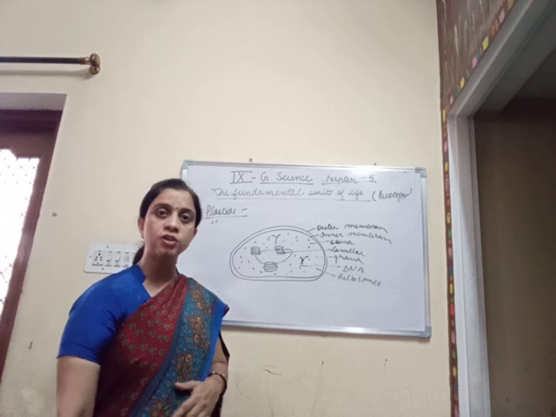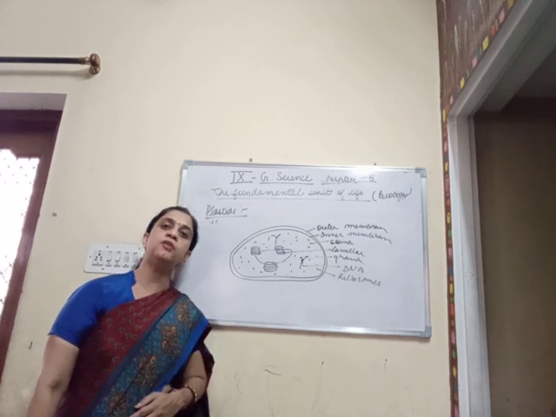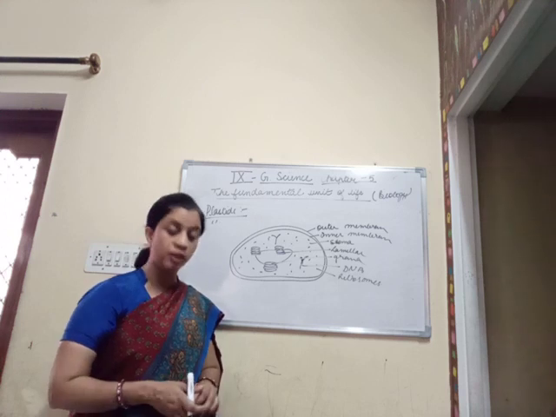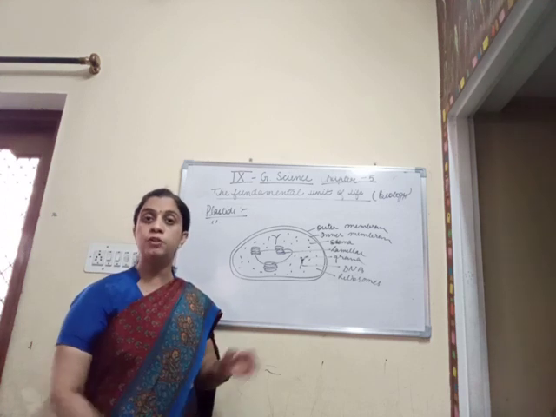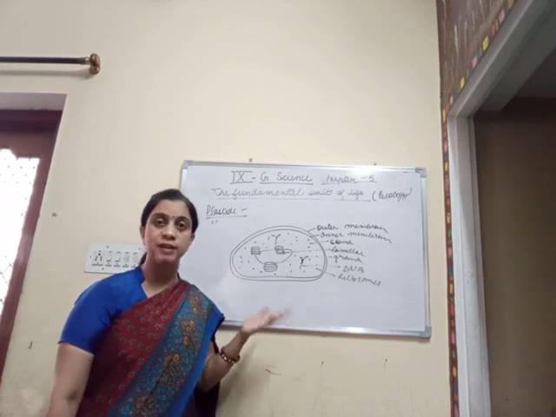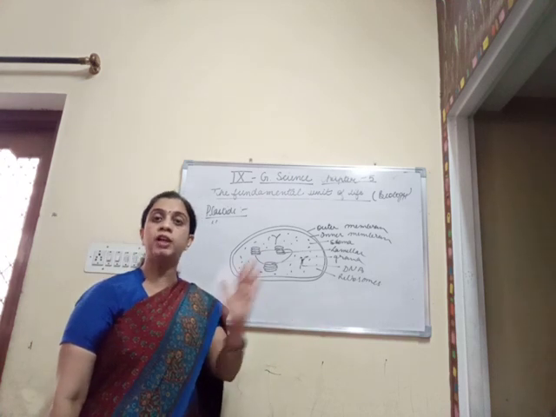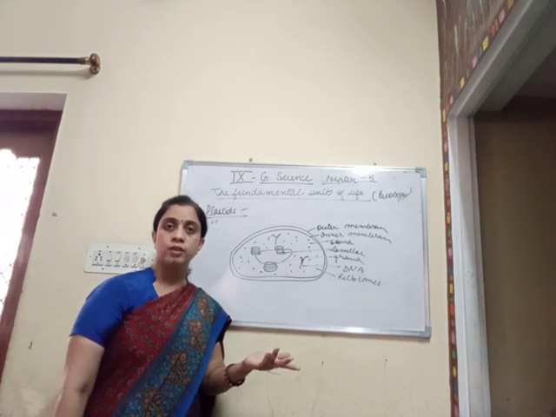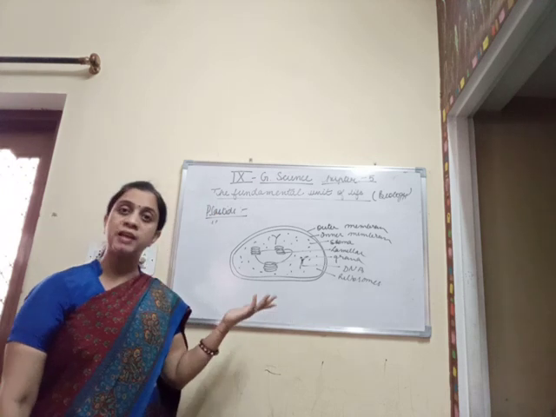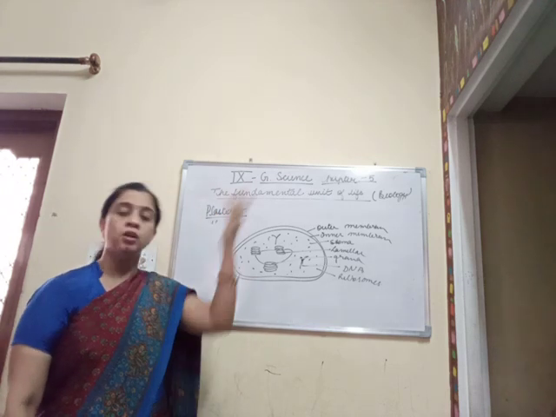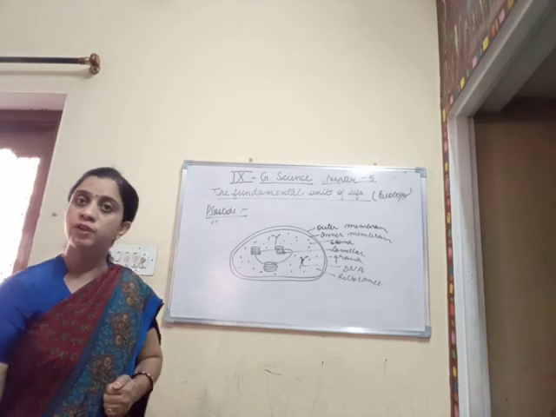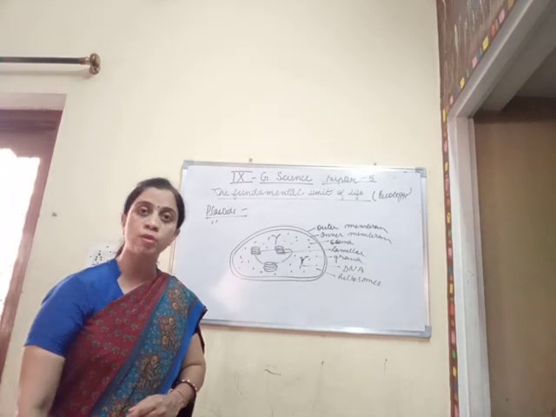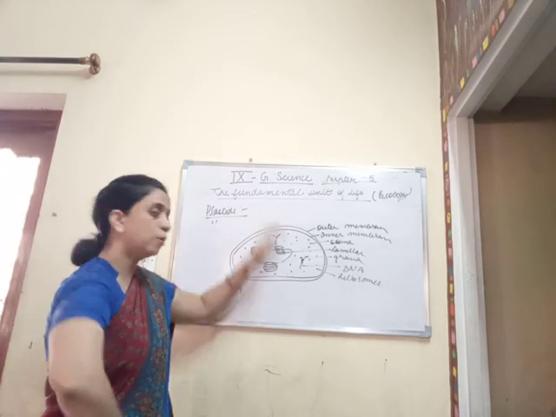Talking about the function of the plastid, if we are talking about the chloroplast, which is present only in the green plants, it is basically responsible for carrying out the process of photosynthesis, that is capturing the sunlight and converting it into the chemical form, that is manufacturing the food for the plants. And when we are talking about the chromoplast, the various colored pigments capture the various wavelengths of the sunlight, and then they make it useful for the plant in a number of ways. So this is all about the plastids.